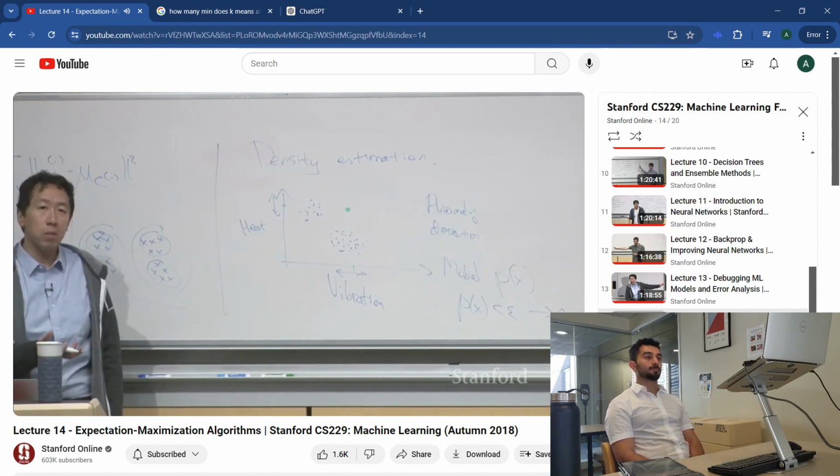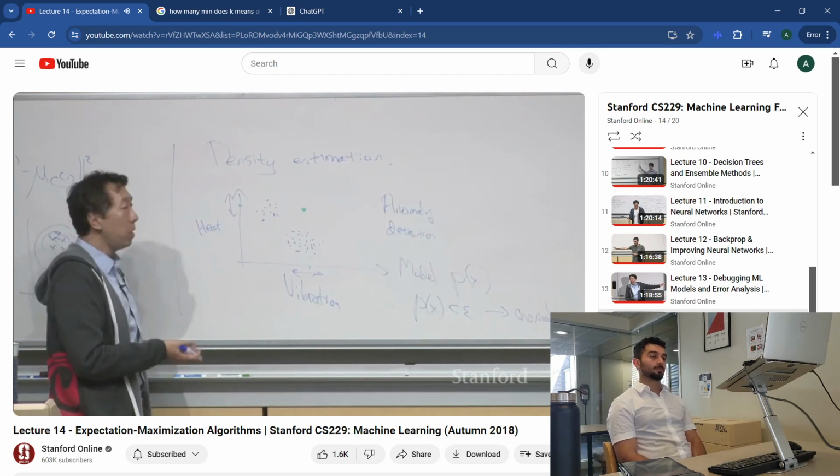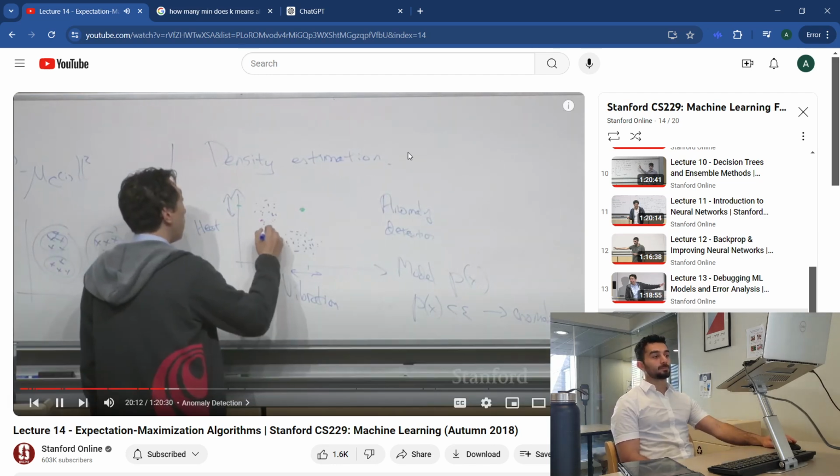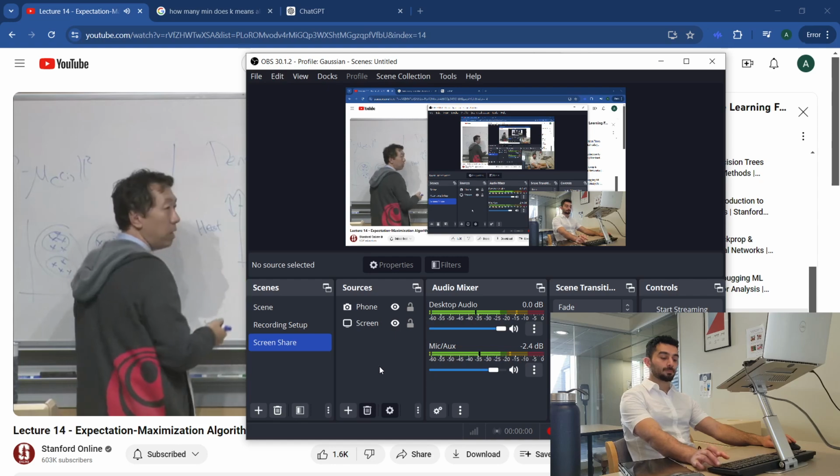And so what I want to do is come up with an algorithm to model this. In fact, we'll come up with an algorithm that can model a data density that maybe looks like this, more of an L shape like that. But how do you model P of X with the data coming from an L shape? And it turns out that there is no textbook distribution for this.